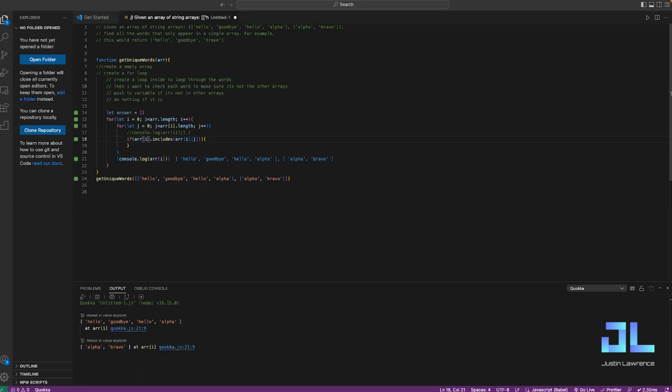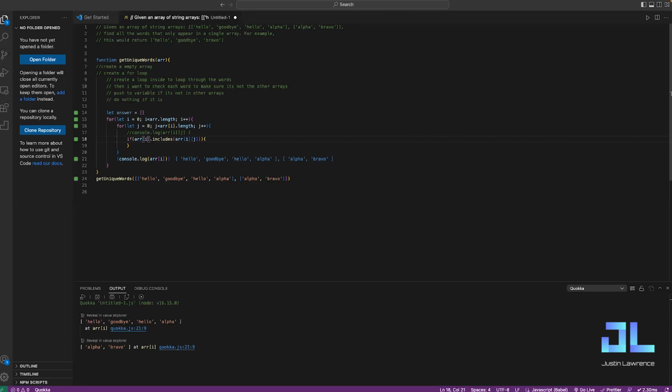What are some other ways to check the other ones? Yeah, because there could be hundreds of these arrays. So what are some ways to look at the other ones, but not your current one? A bit of a tongue twister. Well,